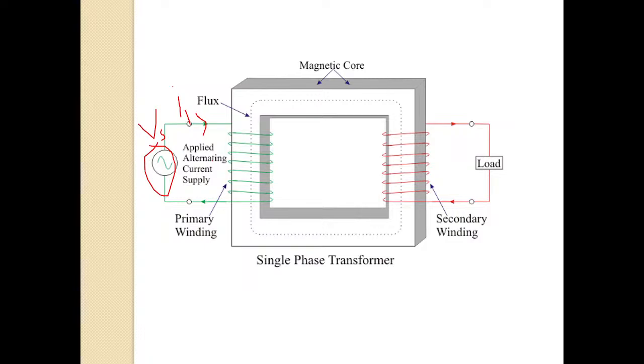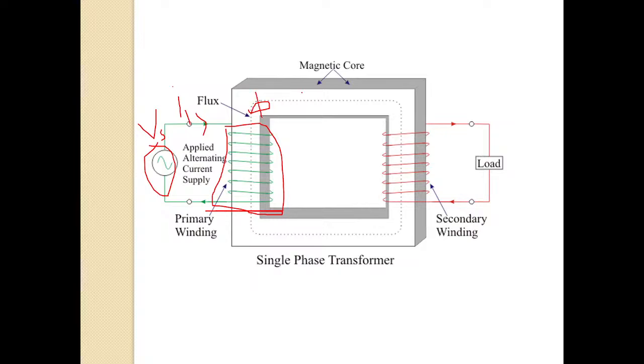Therefore, when current flows through this coil, this limb gets magnetized. When this limb gets magnetized, flux phi is induced in this limb, and this flux,